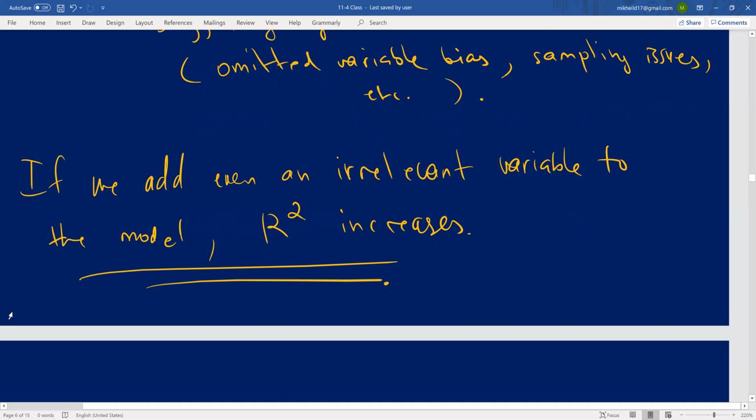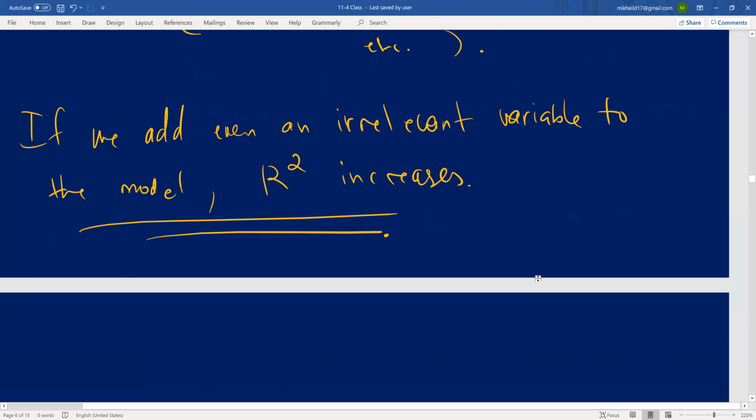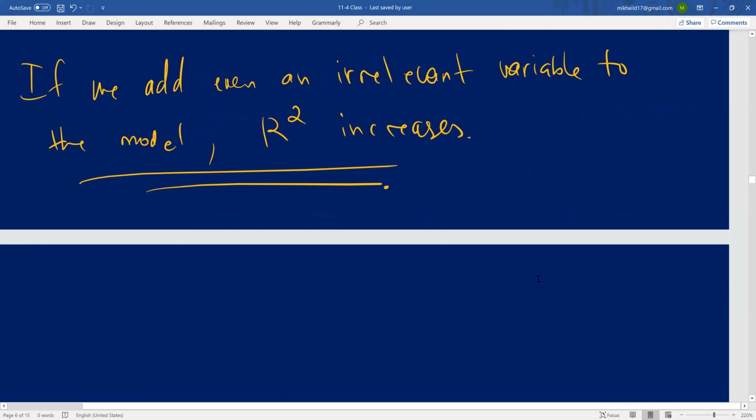So adding an irrelevant variable should not improve the model fit. Do you agree with this? So adding an irrelevant variable should not increase the model fit,